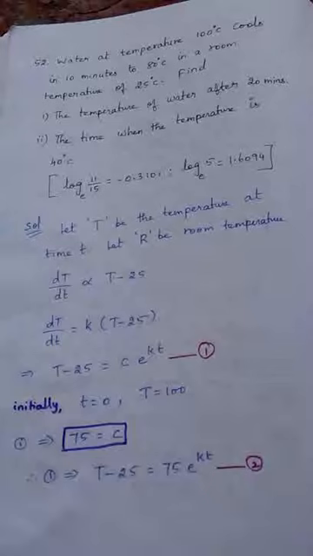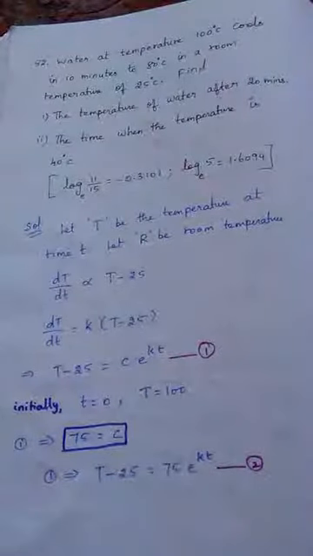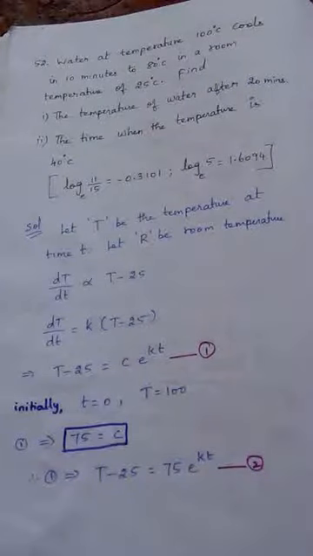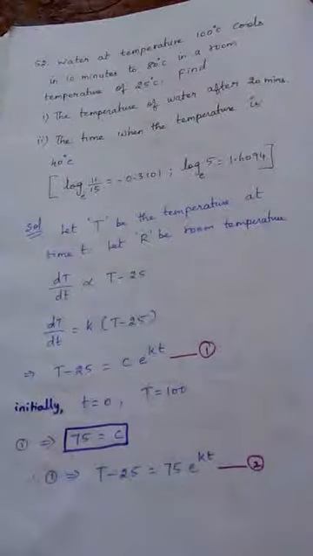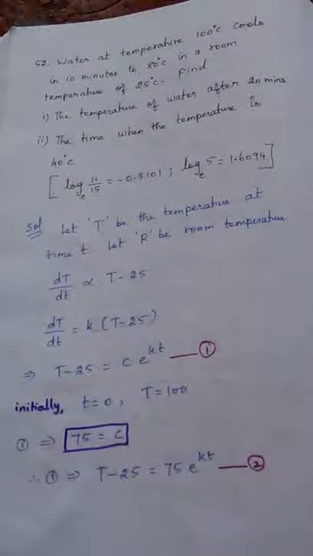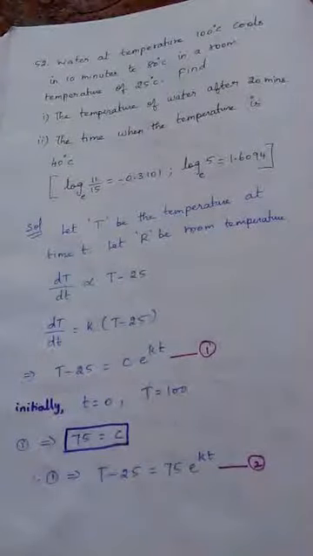For example, you are having a cup of coffee of temperature 100 degrees Celsius and you are sitting in a room of temperature 30 degrees. Definitely the coffee will start cooling, and suppose if the temperature of the room is 60 degrees, then the cooling process delays. If the temperature of the room is 80 degrees Celsius, the cooling process further delays. And if the coffee temperature is 100 degrees and the room temperature is also 100 degrees, then it will never cool. It will remain the same 100 degrees Celsius, right?